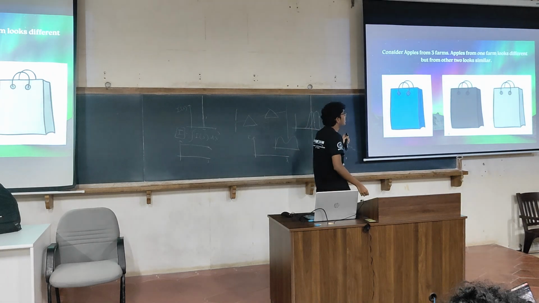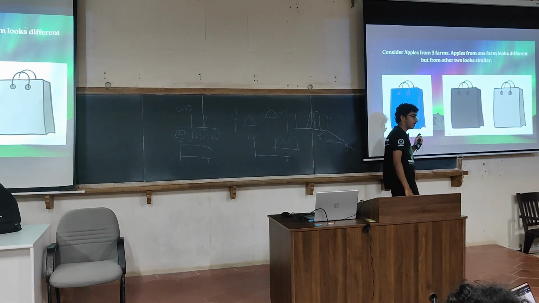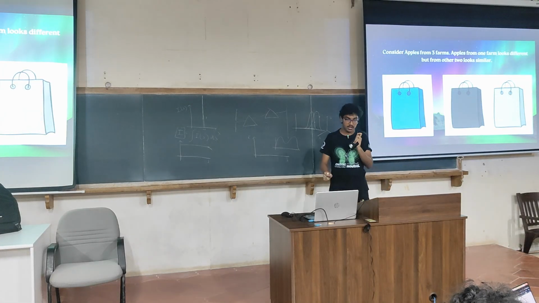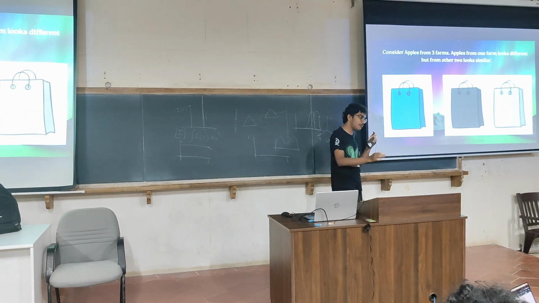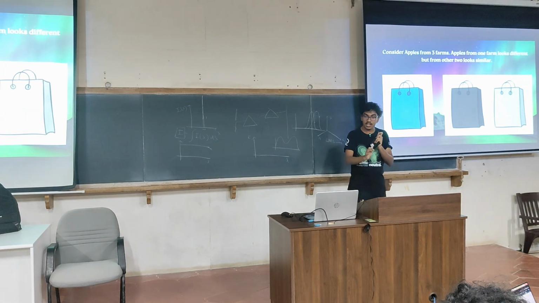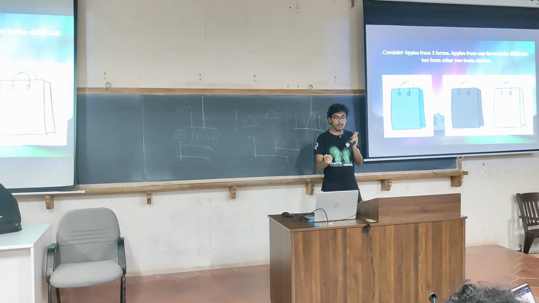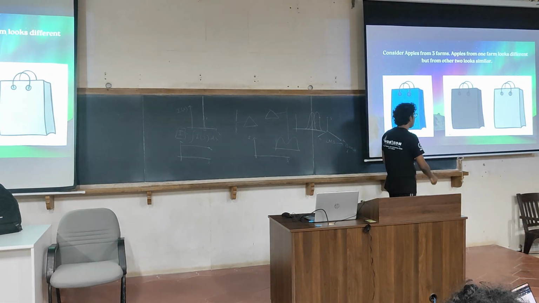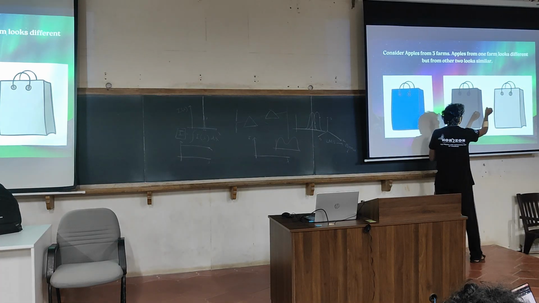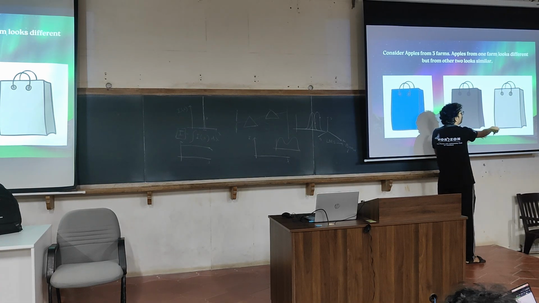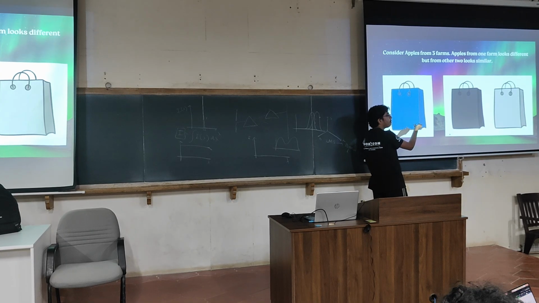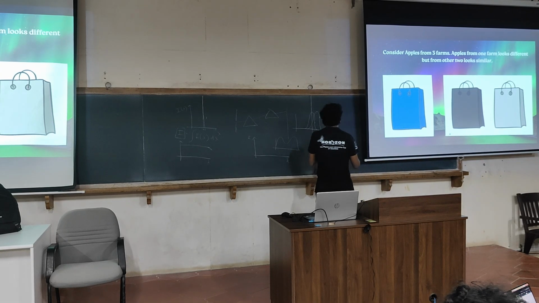Let us consider we have 3 farms and you are getting apples from these 3 farms. The first farm is providing an apple which is slightly yellowish in color, a different variety of apple, and the other 2 farms are providing the same variety of apple which looks similar, but you want to distinguish them. So you are going to put those 2 apples in bags of opposite colors, and the apples from the first farm can be in any other bag. So the same happens here.